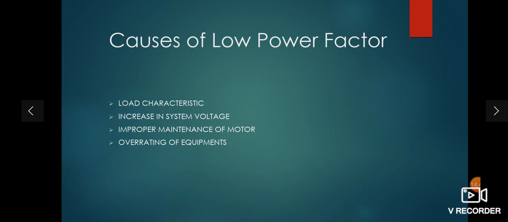As I said, in the three-phase induction motor, if you run at full load, then the efficiency is maximum and the power factor is high. But if you run at half load, then the efficiency is reduced according to the reduction in the load, and the power factor too. So always choose the correct rating of the motor for the application. If you want a 5 HP motor for the application, then choose a 5 HP motor. Don't go for overrating of the equipment. These are the causes of low power factor.